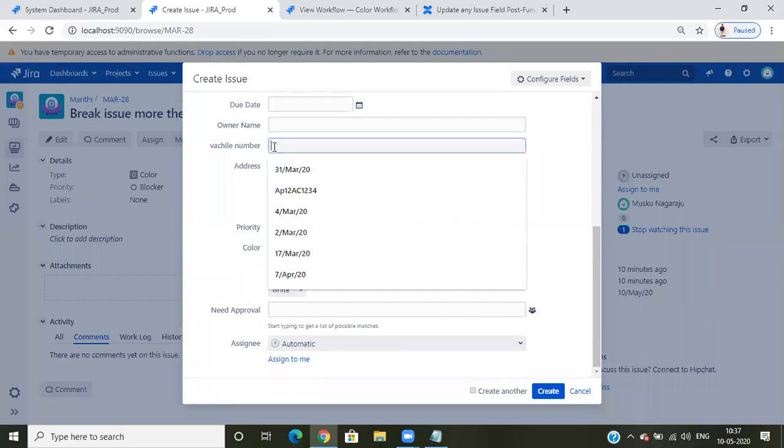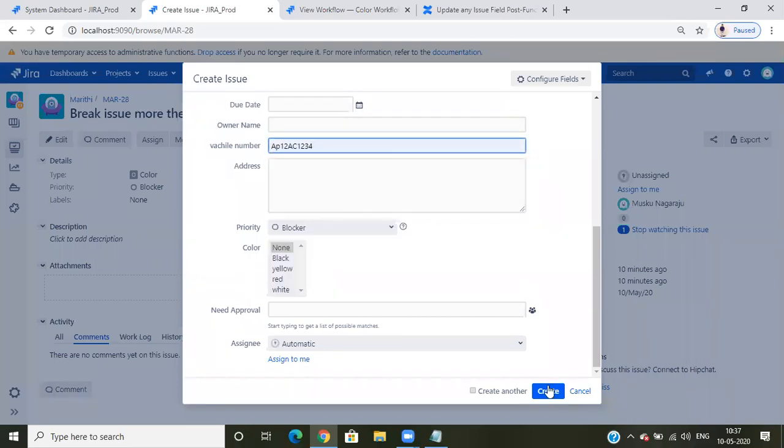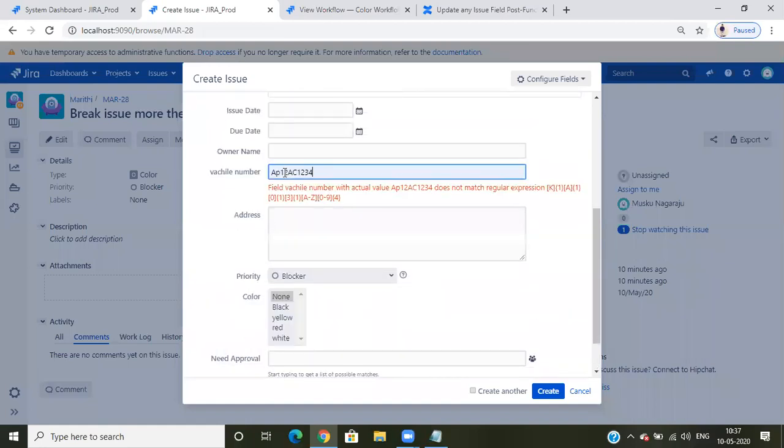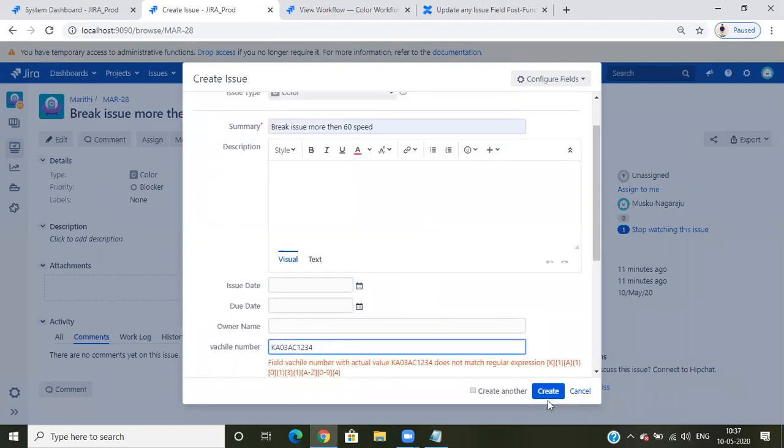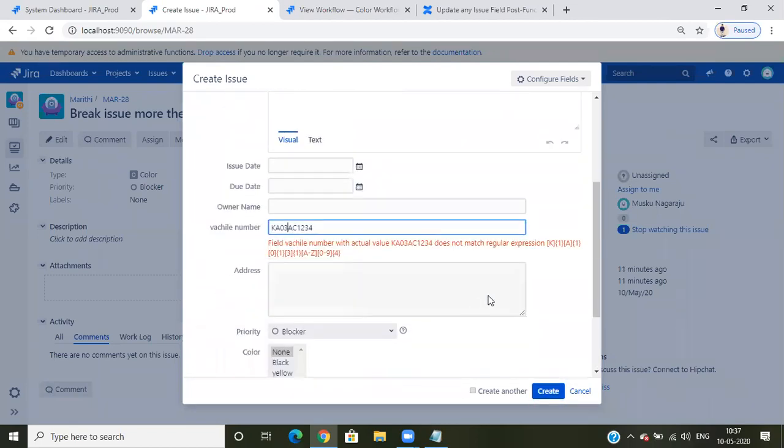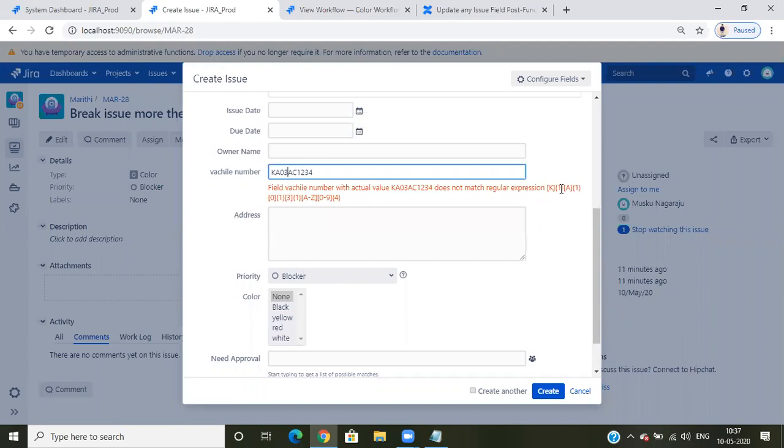Now if I enter a vehicle number, something, it should not accept. Yes, and this three only. K A 03 AC 1234. Create. Still it is not accepted. K first letter is fine.